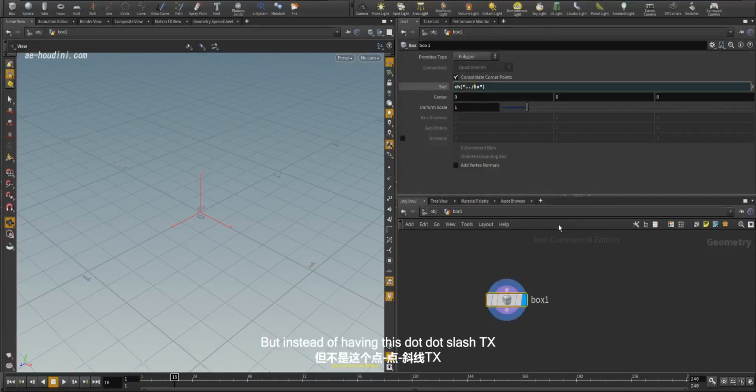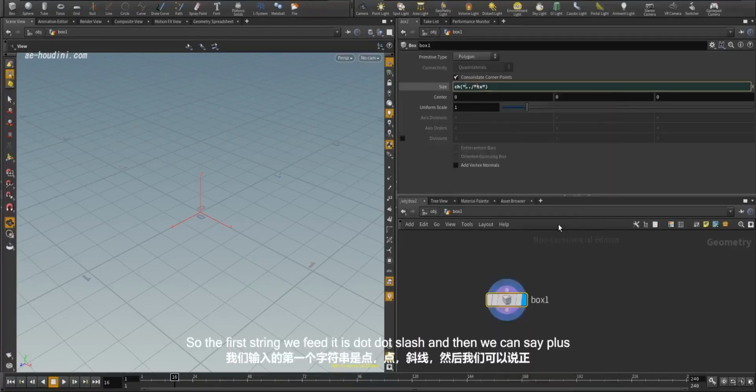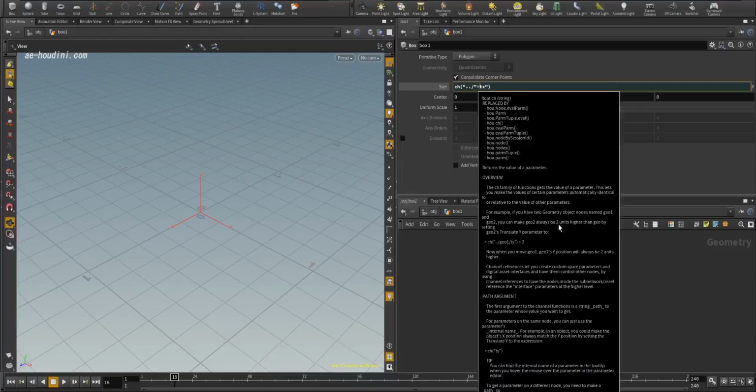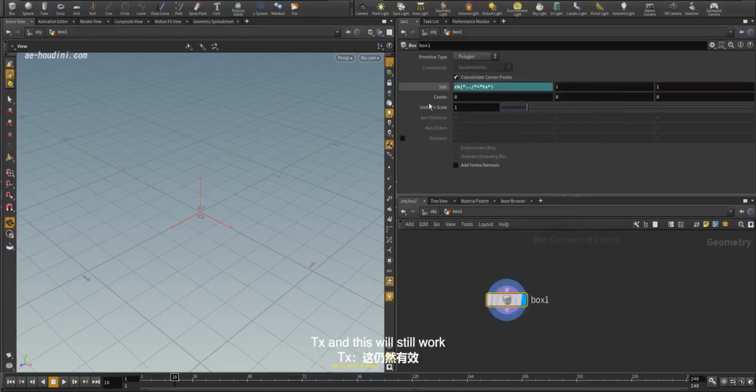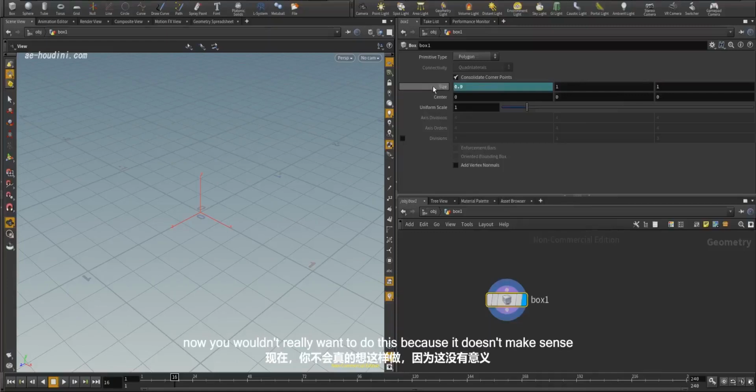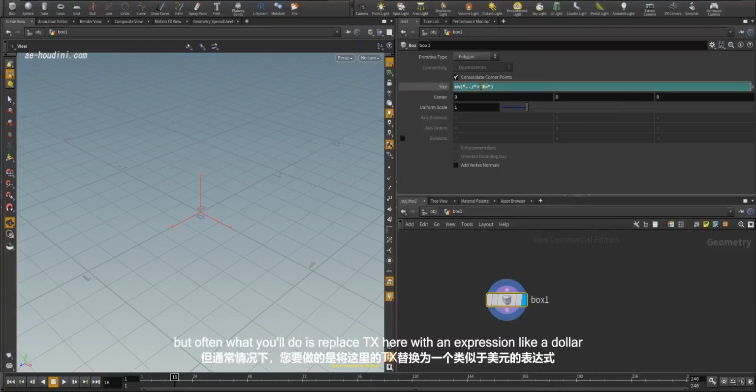tx, you can actually split this. So the first string we feed it is, and then we can say plus tx, and this will still work. Okay. Now, you wouldn't really want to do this because that doesn't make sense, but often what you'll do is